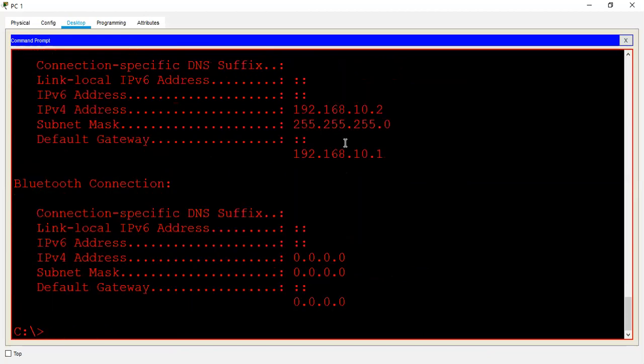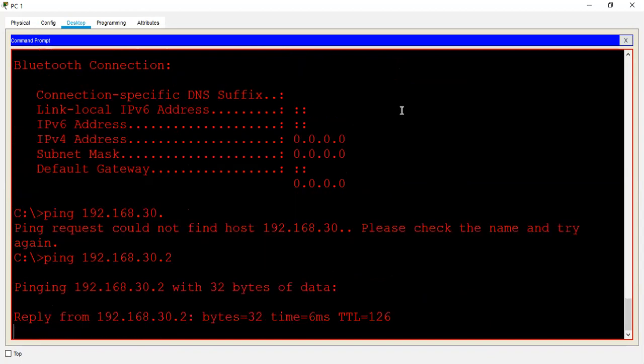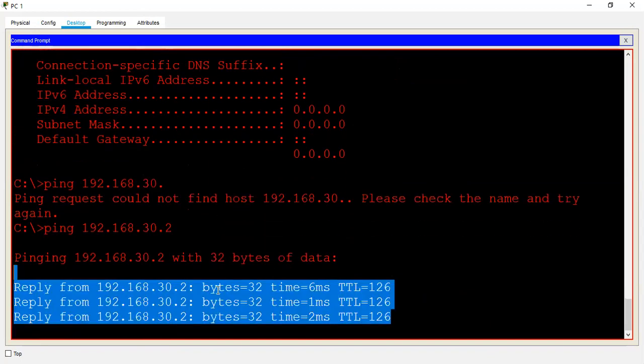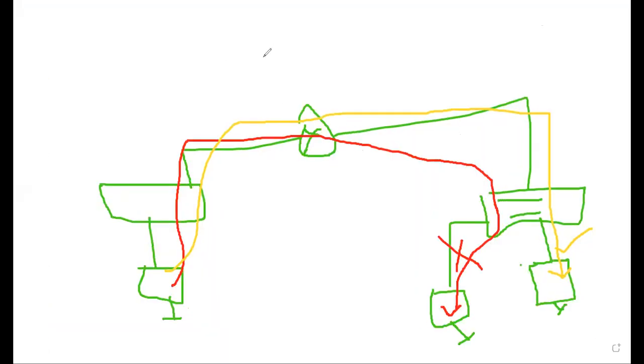You can see the IP. Now, can you ping 30.2? Yes, you can. Now the question is that you need to block 10.2 to 30.2. So let's say you have a system here.